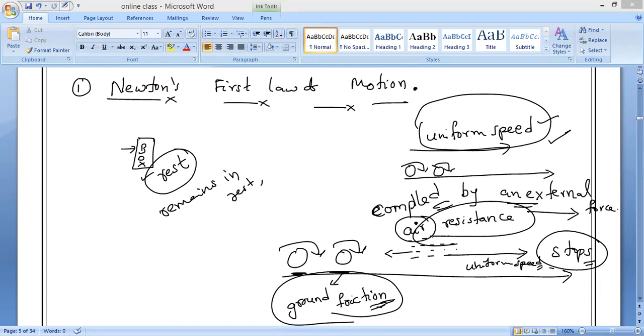Yes, sir. Now, as I told you, let us do one experiment to illustrate Newton's first law of motion. As I told you, we need one transparent glass and one cardboard, as well as a 5 rupee coin or any coin. Is it yes, guys? So this is the illustration. We need these three things to illustrate Newton's first law of motion.